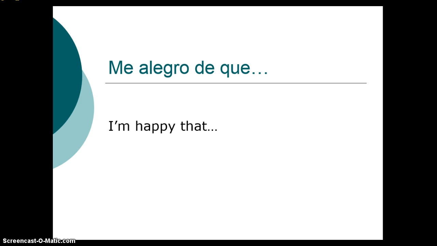Okay, now we're going to look at our verbs and expressions of emotion. After any of these expressions, and of course, I'm giving you one form of them. For example, here, me alegro de que, we could also say, te alegras de que, or nosotros nos alegramos de que. Keep in mind that I'm only giving you one form of these expressions and that there are others possible. Just remember that with the subjunctive, you can't have the same subject on both sides of the que. So if we have me alegro de que, some other subject is going to have to be used after the que.